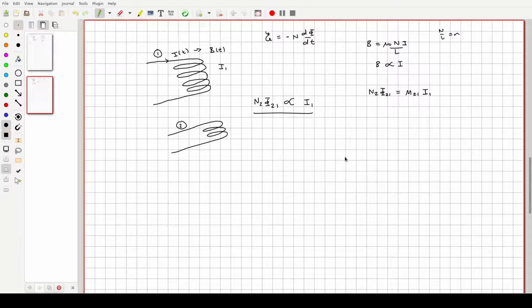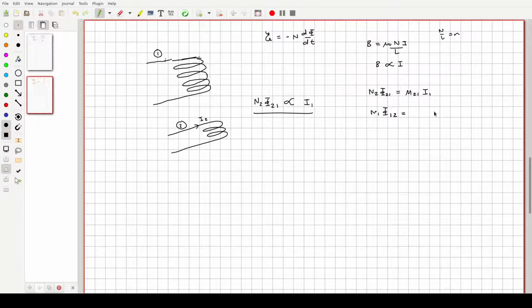Now this also works in reverse. For example, let's pretend that it was coil number 2 that had the current flowing through it, which we'll call I2, and perhaps coil number 1 over here in our circuit 1, perhaps there's no current flowing through it. So what happens is this produces an EMF in 1, which drives current. So you can make exactly the same sort of argument here, except now it would be the number of turns in 1 and the flux passing through 1 due to number 2